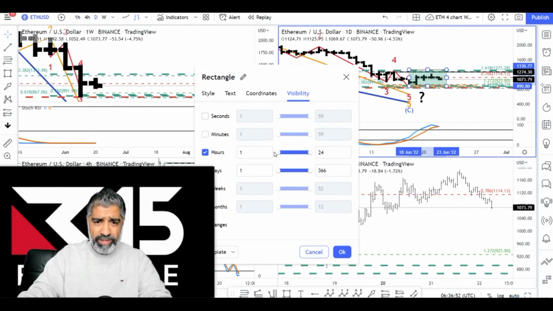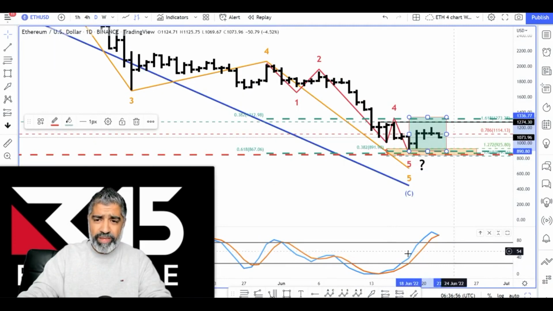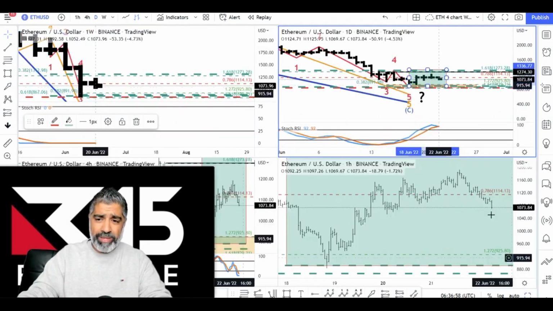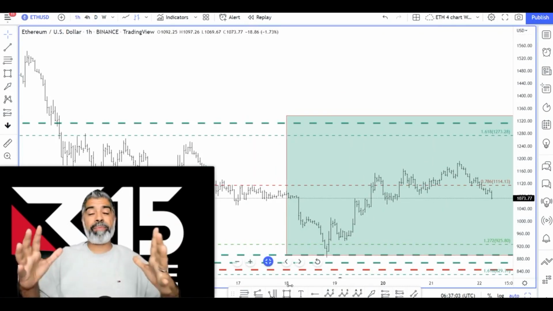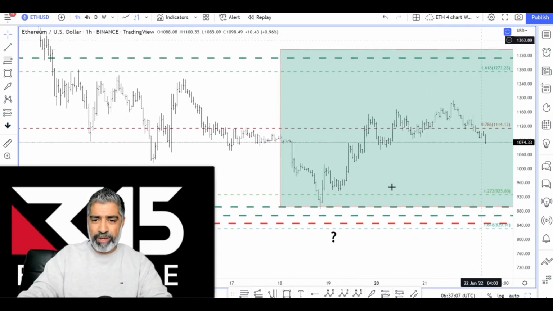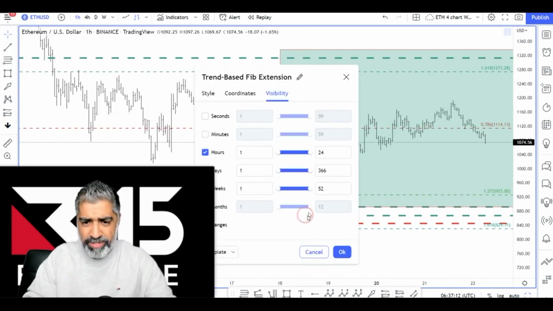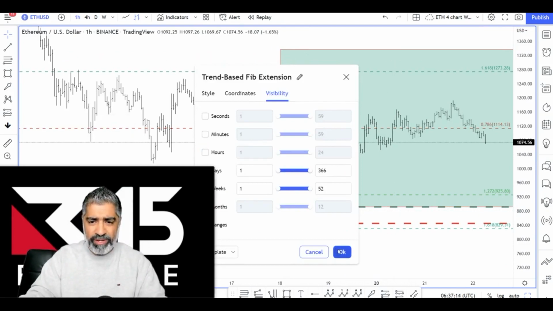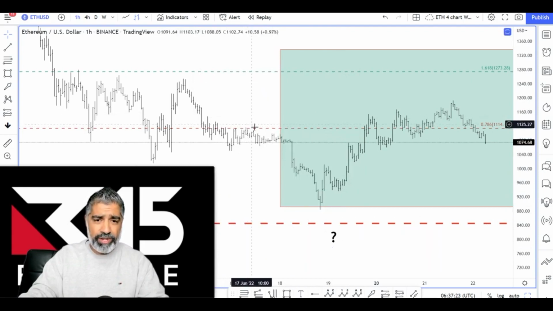Oh, here we go. That's why. Okay. The green box on the daily over here, we're going to drop down to the hourly in the bottom right. So now we're looking at hourly data. This represents the same amount of time and price action. So bear with me, I'm just going to clean this up and quickly get rid of these on the hourly chart. The great thing about TradingView is you can double click on these and say, I don't want these showing on the hourly chart. I want these lines only to show on the daily chart. So it keeps our hourly chart very, very clean.